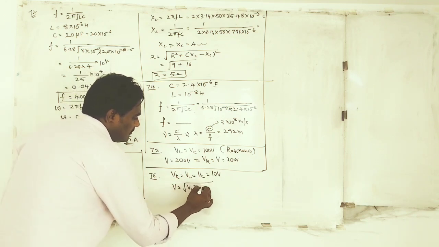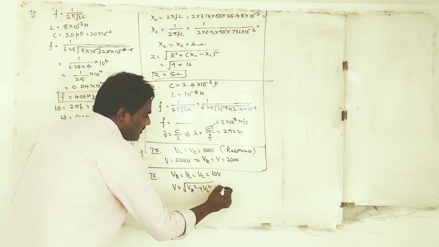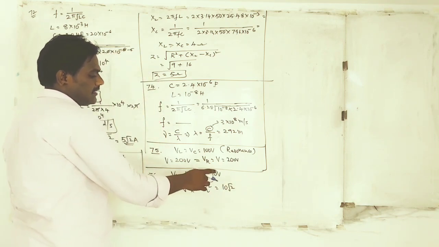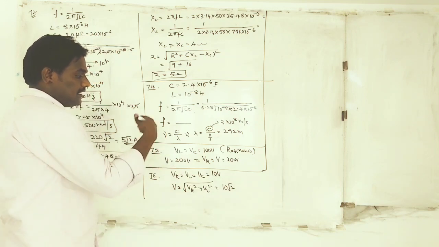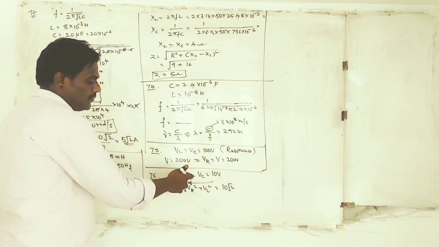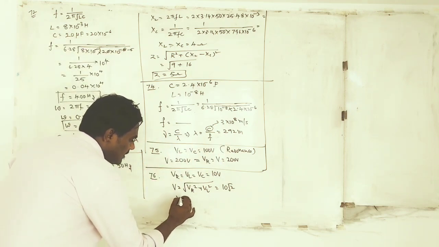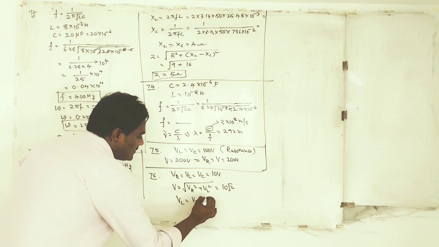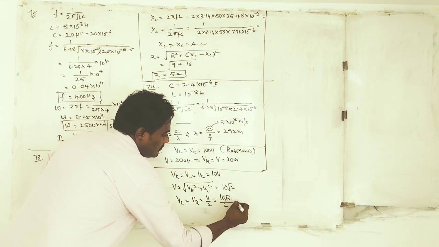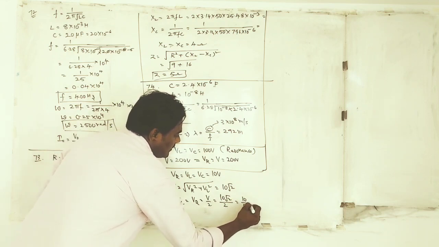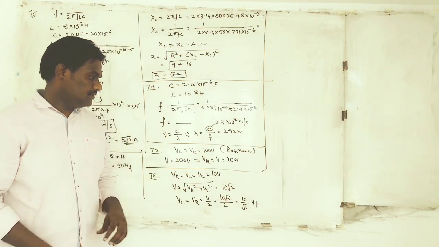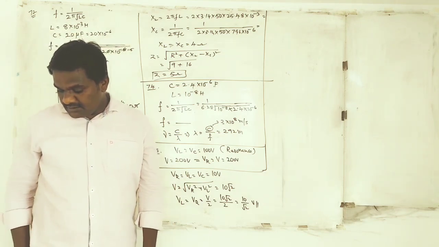V is equal to root of VR square plus VL square. You will get 10 root 2, because 10 square plus 10 square becomes 10 root 2. Since initial voltages are the same, this voltage will be equally divided among both inductor as well as resistor. Then I can write VL is equal to VR is equal to V by 2. Then you will get 10 root 2 by 2. You will get the answer as 10 by root 2 volts. Understood? So your option is option C.